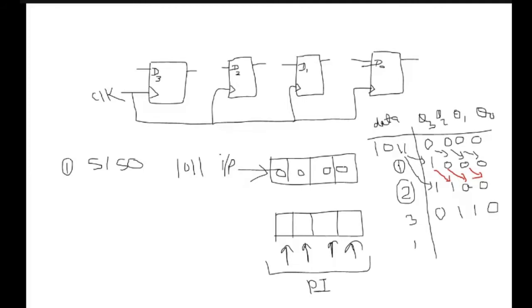And similarly, when the fourth clock comes, the last one will come here, and this will be 1, 0, 1, 1. So to load the data in our flip-flop, if we are working with 4-bit registers and we want to load 4-bit data serially, we will require 4 clocks. So 4 clock pulses are required to load 4-bit data serially. Similarly, if I want to load the data in parallel, I need only a single clock pulse, and with the occurrence of a single clock pulse, this 1011 will be loaded here.